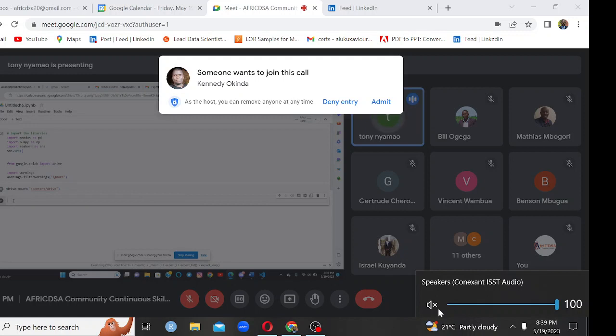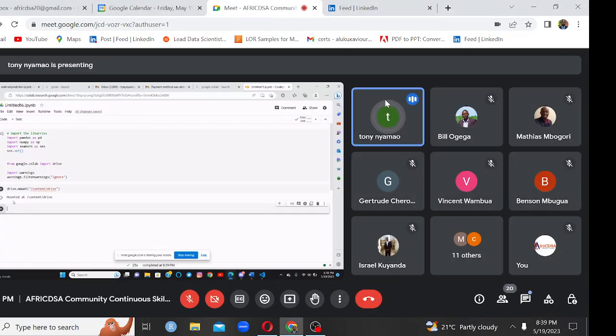This happens when you have your data in the drive and you want to use Colab to access it. You have to mount your drive first, then define the path and access your data. So a file path